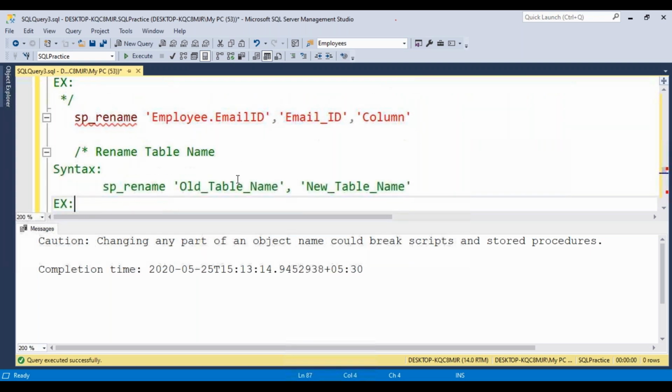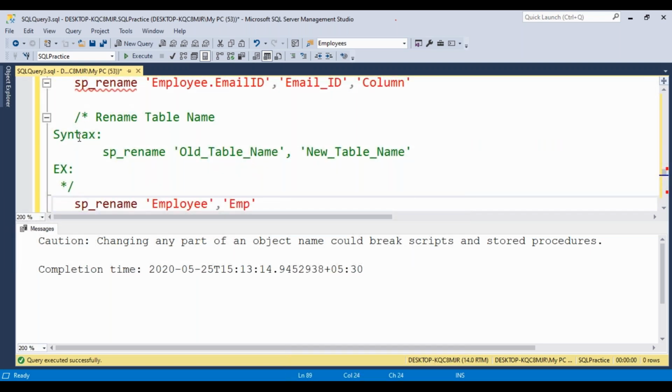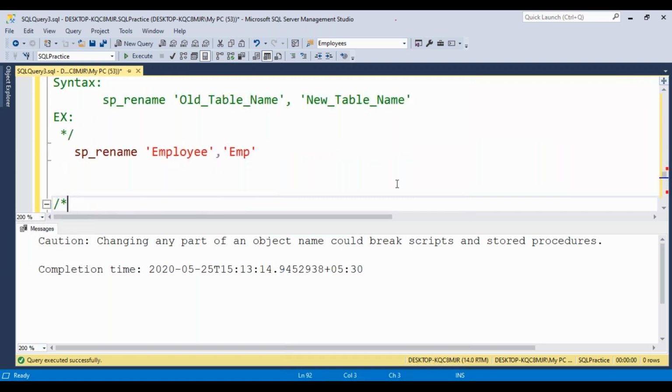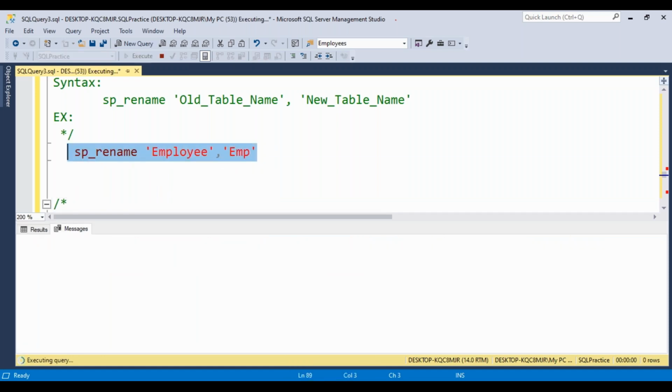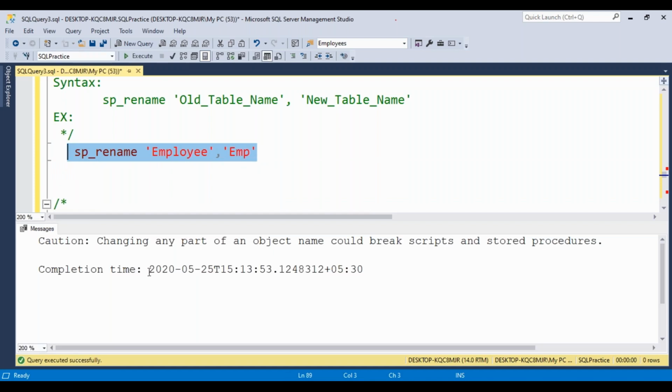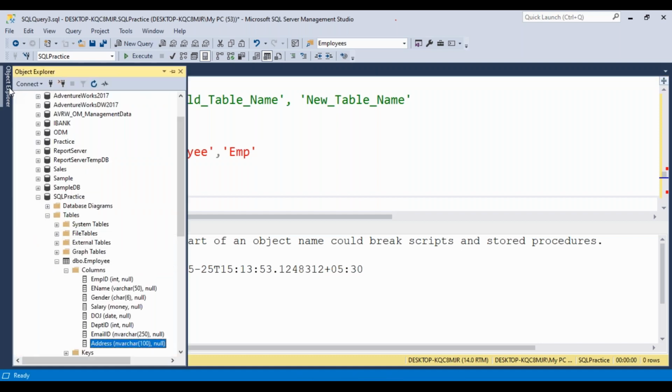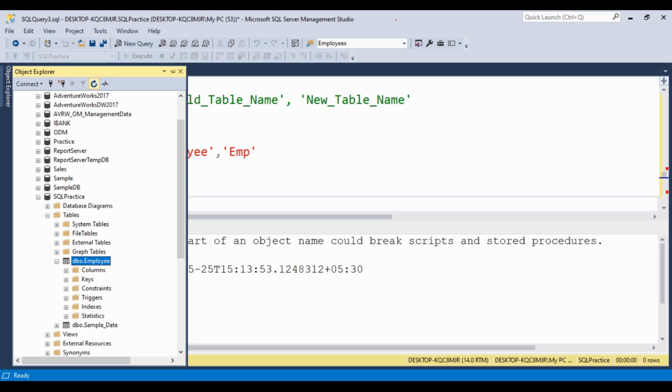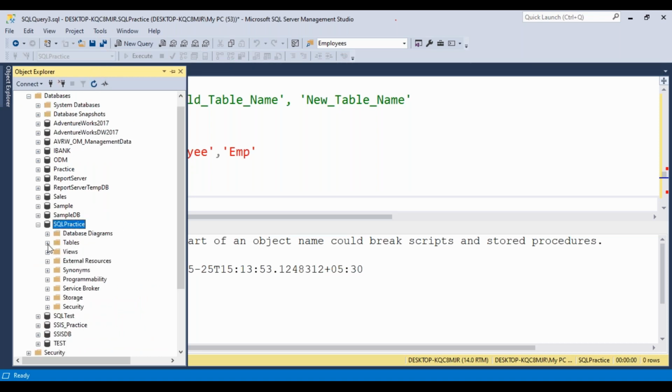Then rename a table name. You can observe here the syntax: sp underscore rename, old table name comma new table name. Then you can observe, I want to change the employee table to emp table. Just imagine sp underscore rename, the table will be changed. Again it will give you a warning message. Now you can observe what your table name is. Previously we had employee. Now refresh the database, then go to the tables.